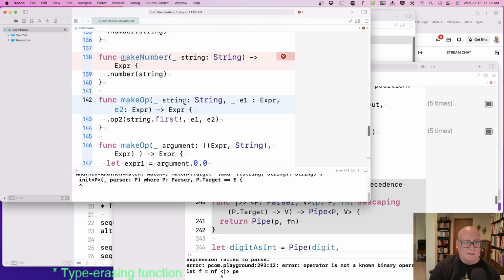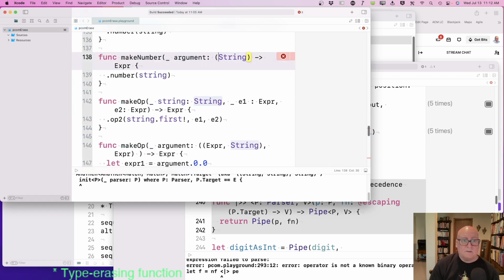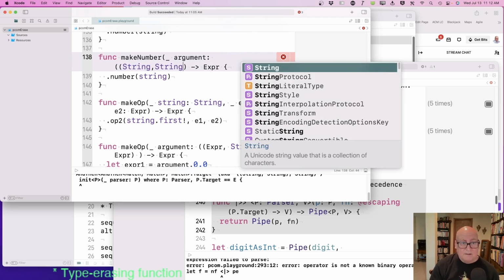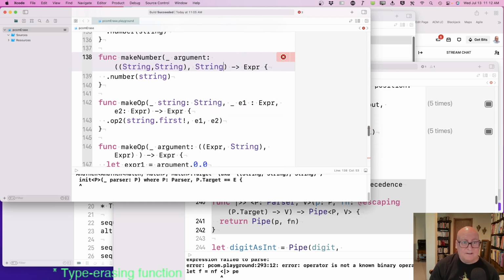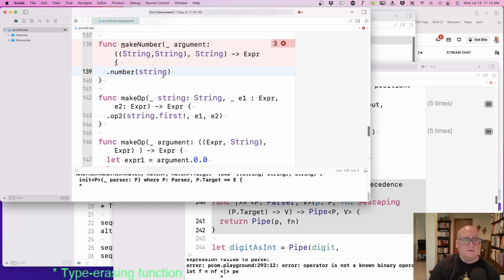It's really string, let's say argument is string, and string goes to expert. Okay, so we have to peel out just like we did down here. Well, dot number of